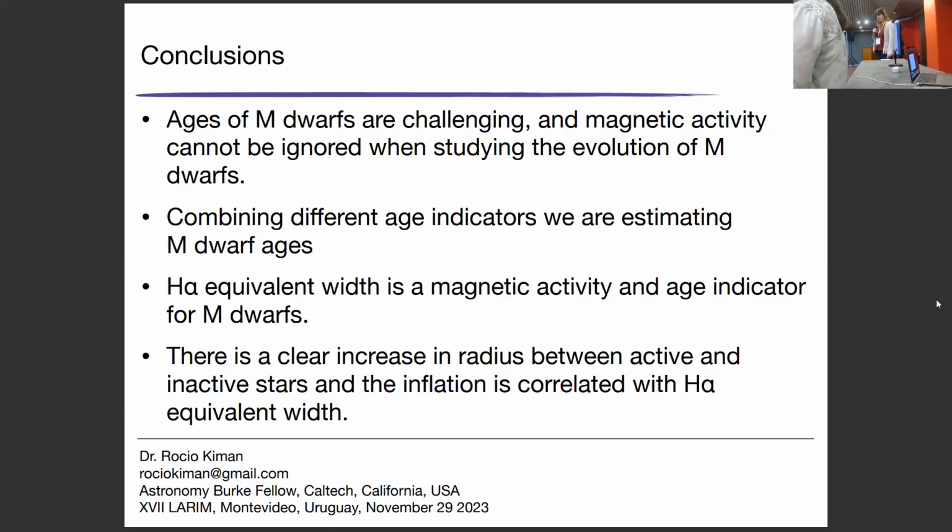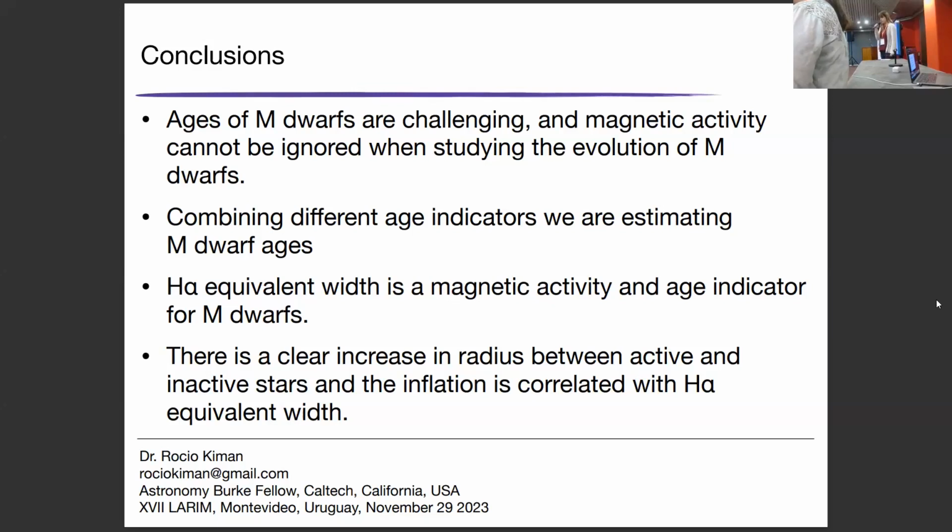Very nice talk, Rocio. Thank you. I'm just curious about whether you've thought about doing some high resolution H-alpha spectroscopy for some of the maybe brighter stars in the sample, if that's even possible. Because as you know, measuring the boundary between active and inactive gets very hard when the star is a slow rotator, an old star, and the emission gets very low. And so, refining really where that boundary is might be something worth considering.